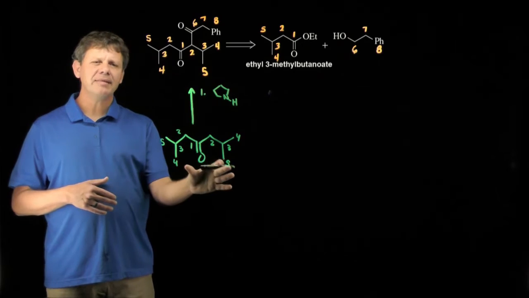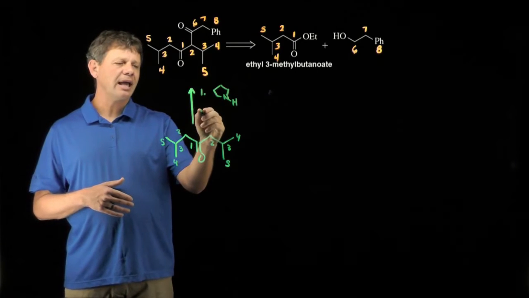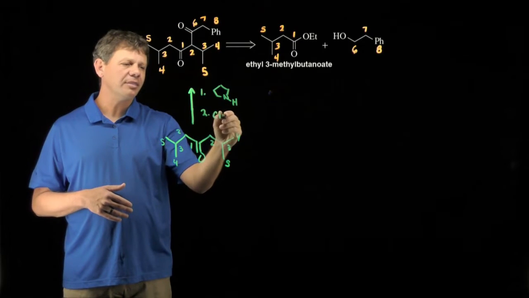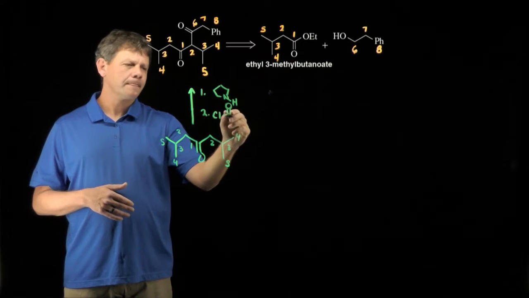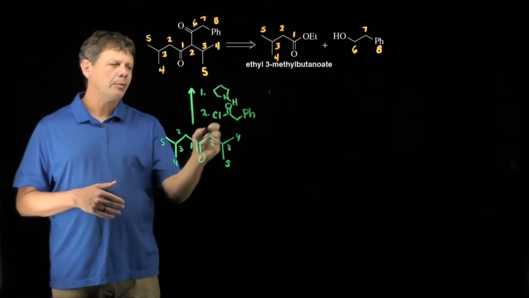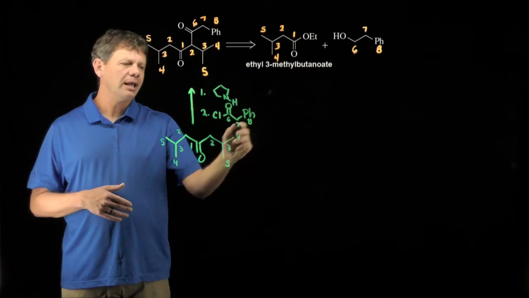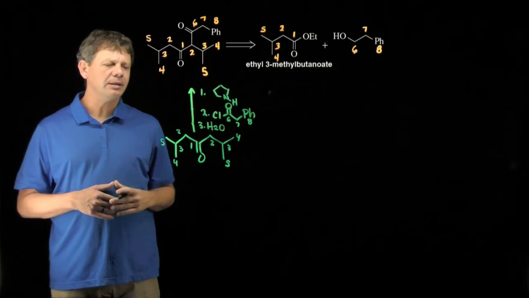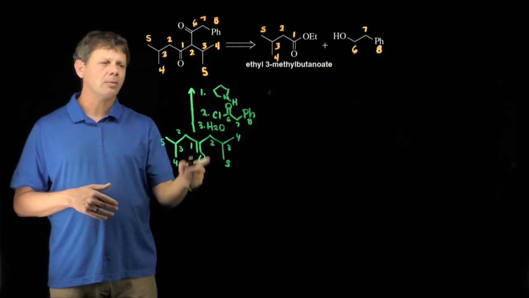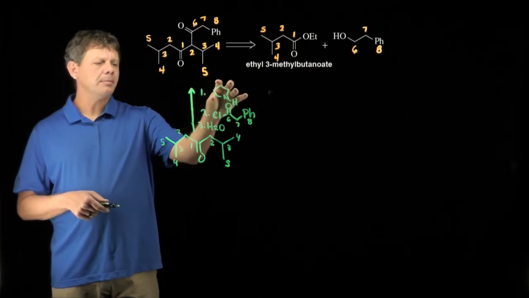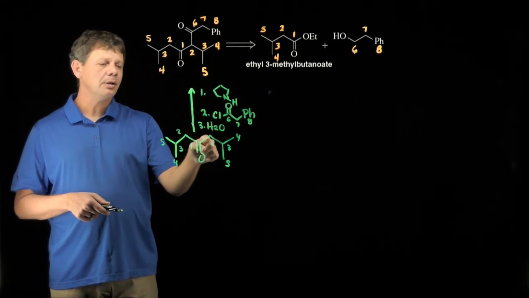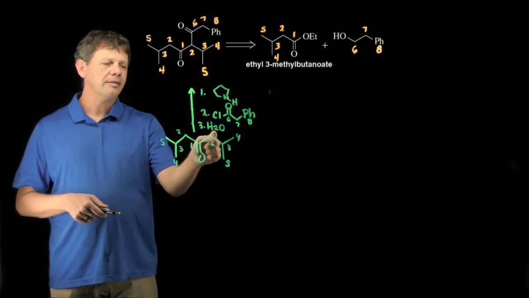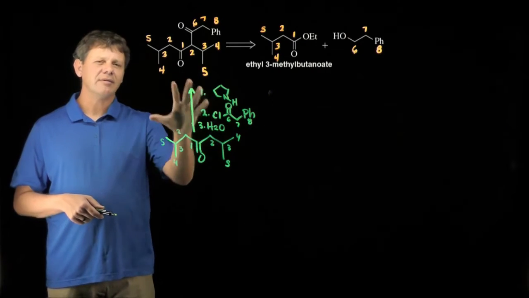Step 2, the enamine that results from this reaction, we can react with an acid chloride, and that's going to allow us to keep the ketone present. So if we react it with this acid chloride, that would be carbon 6, carbon 7, and carbon 8. And then we work up the reaction with water, as we always do in the enamine synthesis. That restores this carbonyl. We're not showing a mechanism here, but the amine reacts with the ketone to make an enamine, which is nucleophilic at carbon 2. That reacts with the strong electrophile, carbon 6, and then we hydrolyze the resulting iminium to give us the final